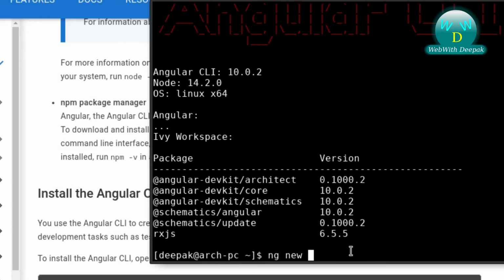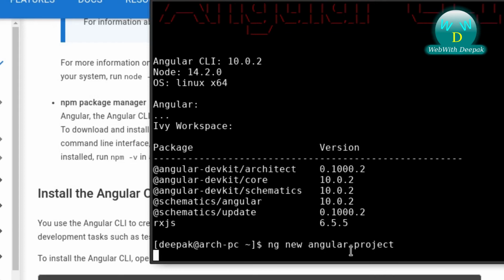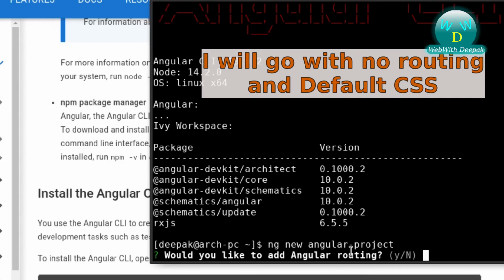That could be your normal folder where you want to store this new project. So ng new and then the name of our project, any name which you like for your project. I'll name it angular-project. Now hit enter. This will create the project and install all dependencies which it needs.